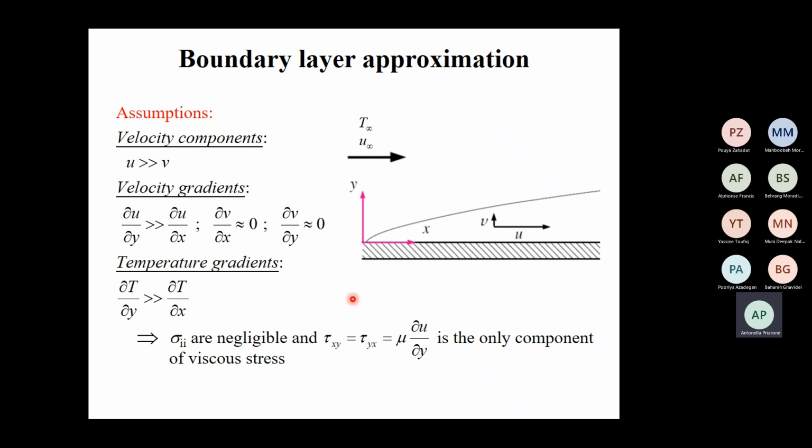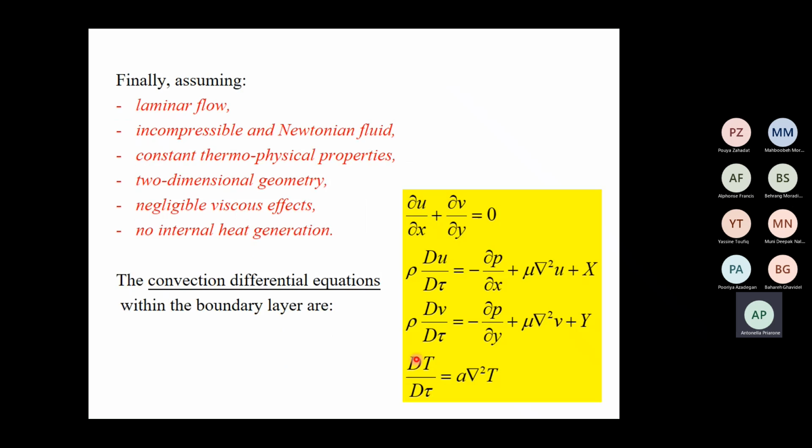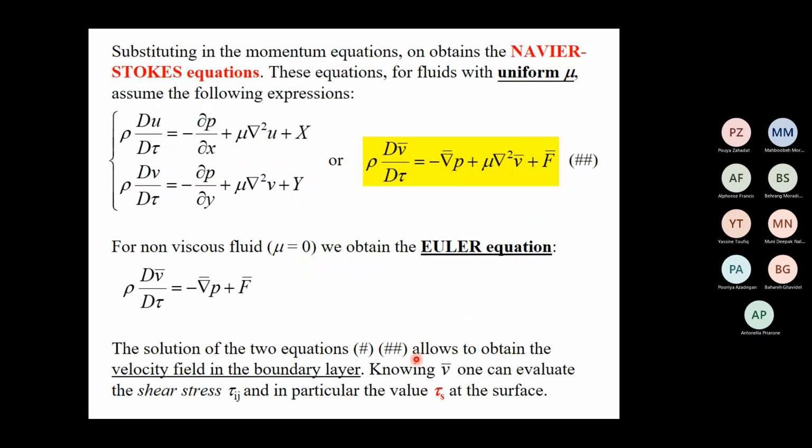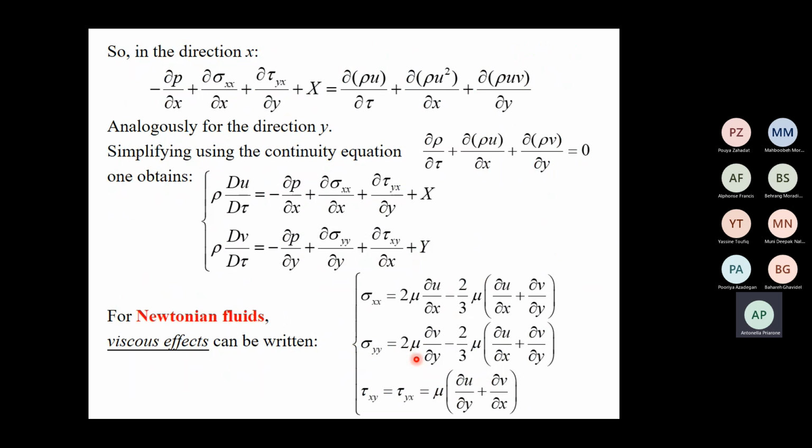And so also the shear stress remains like this one, mu du/dy. So the basic definition written here for the Newtonian fluid is correct, but we consider nearly always the boundary layer approximation, for which I can neglect this second part in the bracket, and I can neglect the normal component because